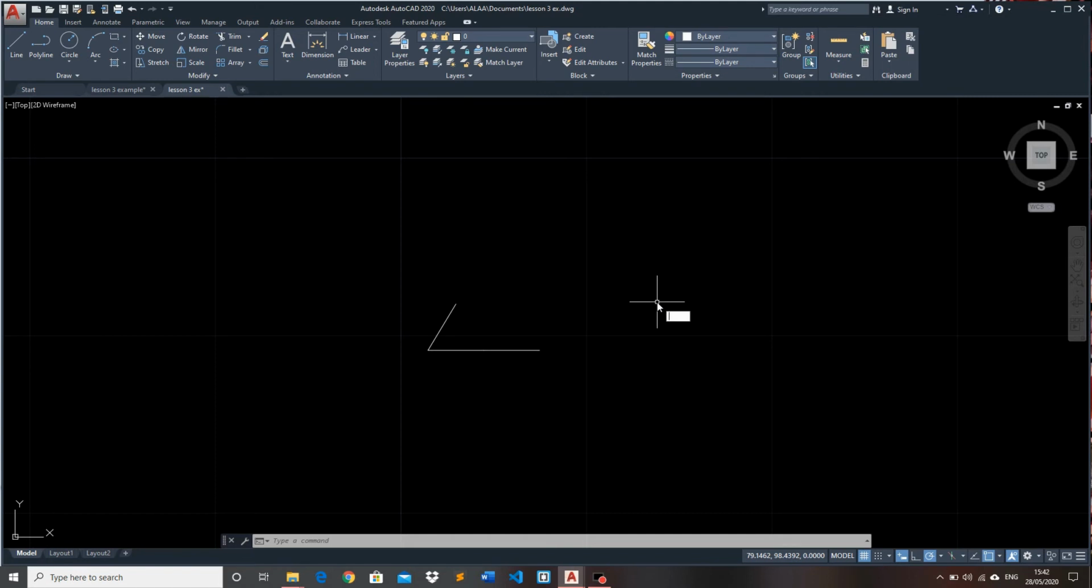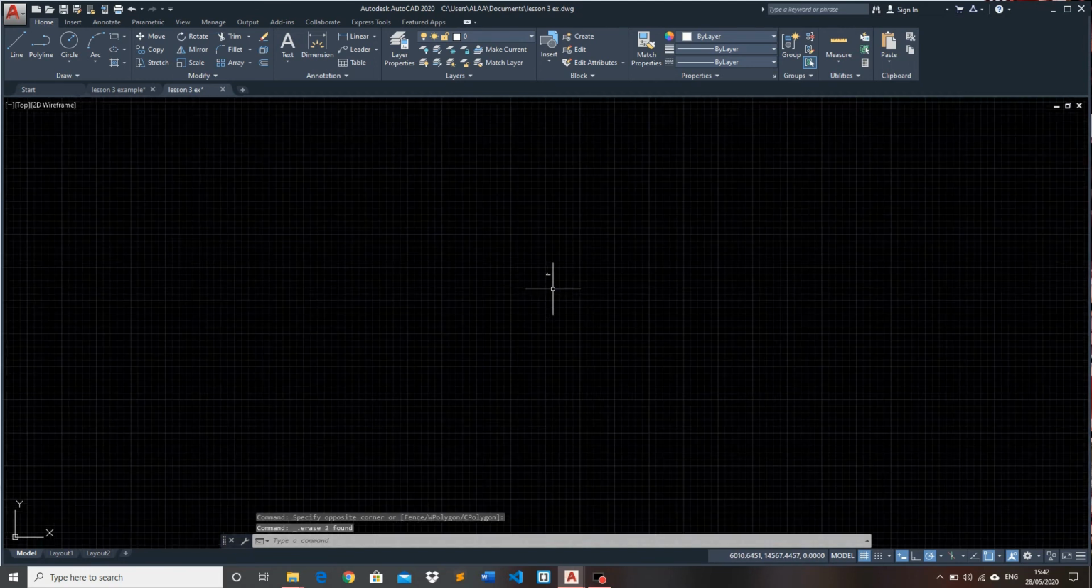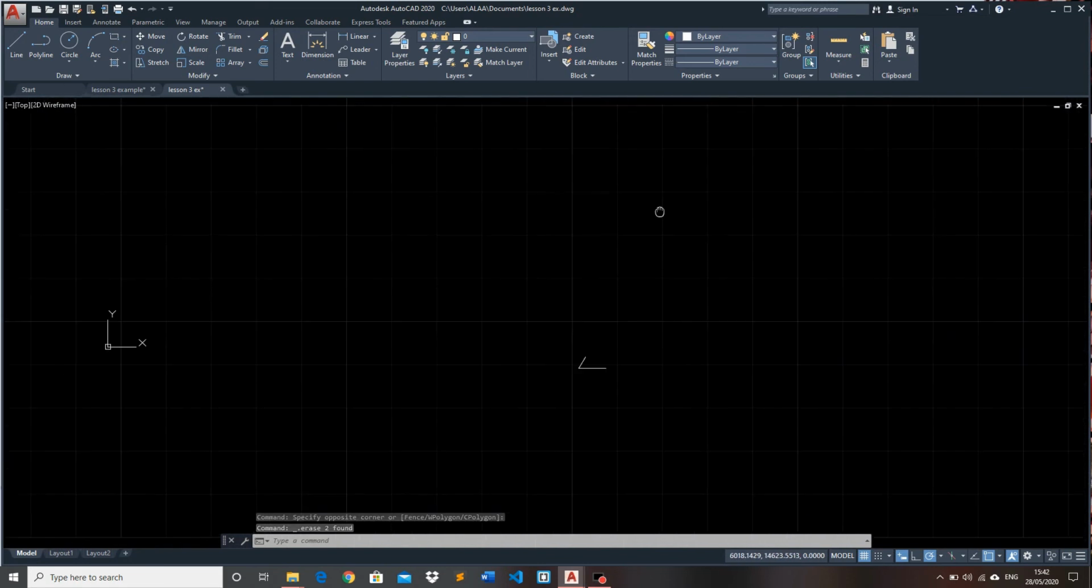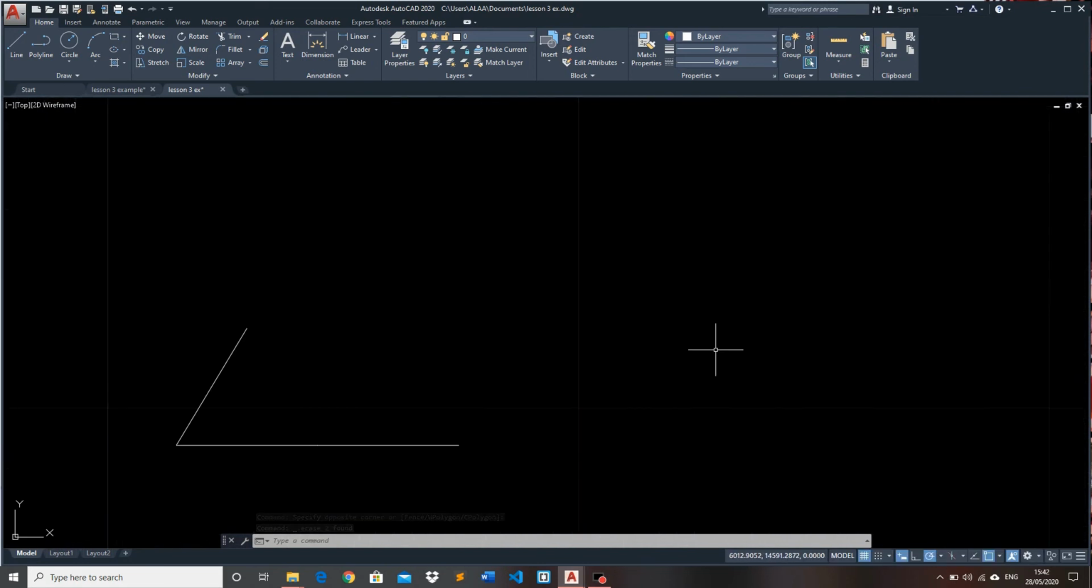Let me show you again the oops. If you click oops, okay, this is it. If I say oops, it will regain the last thing you deleted. Even if you change the view, for example, if I change the view, okay, and you do something, for example,